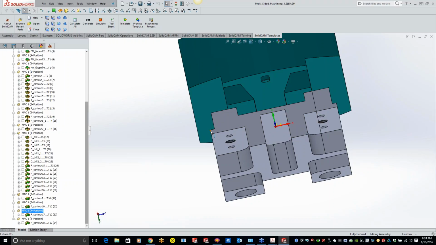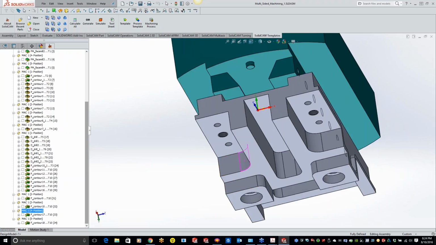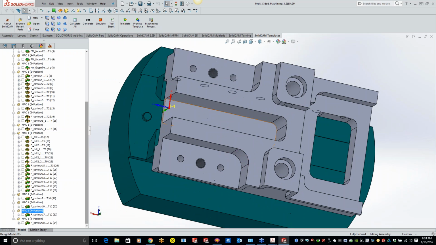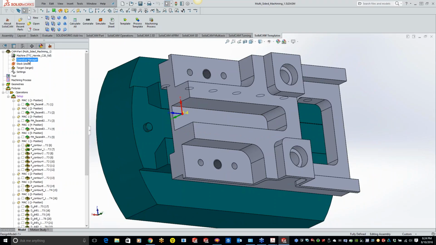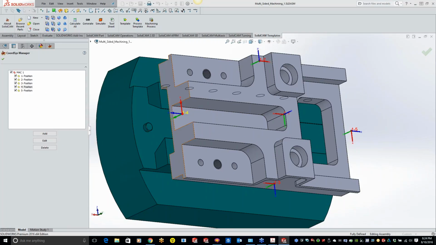Hopefully that answers your question, Ronnie. The coordinates can be put wherever you want, especially on a 5-axis machine, because then we don't have to worry about orientation or anything like that. We can just throw a coordinate basically anywhere. When you create a coordinate on your MAC 1 and you're doing positions, it knows that it can only rotate a certain number of degrees. If it can't rotate that far, it will automatically pop over to a MAC 2 position, because it knows the 4th axis cannot orient it that way. That's all defined in the VMID file of your post processor.